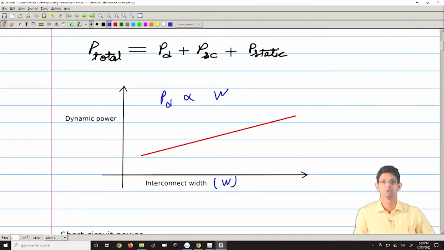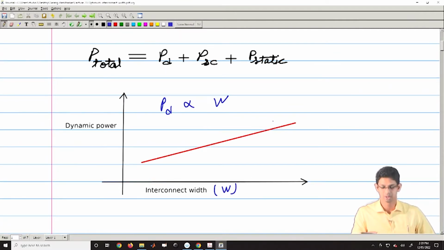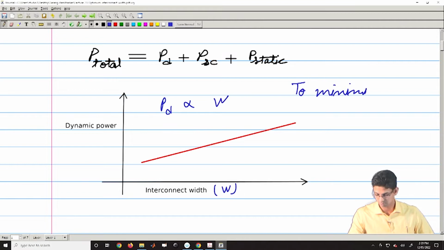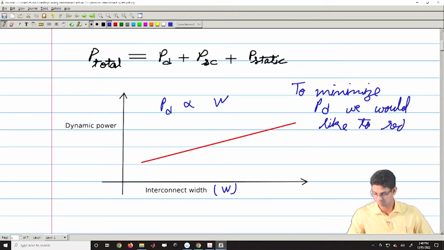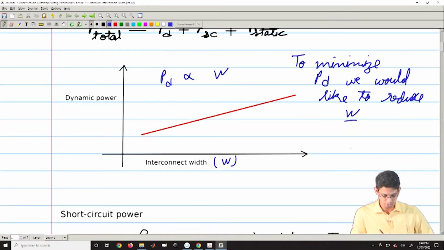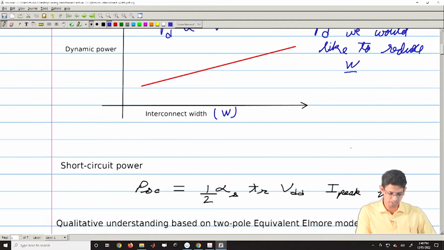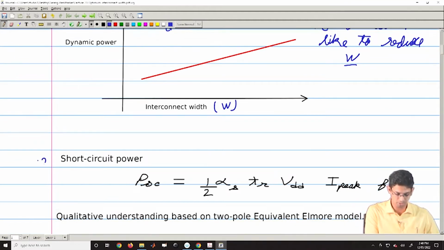So, if I were to look at only the dynamic power dissipation, this analysis would tell me that my interconnect width should be minimum. So, to minimize P d, we would like to reduce the interconnect width W. However, we also saw that there is an additional power dissipation, the second one, which was